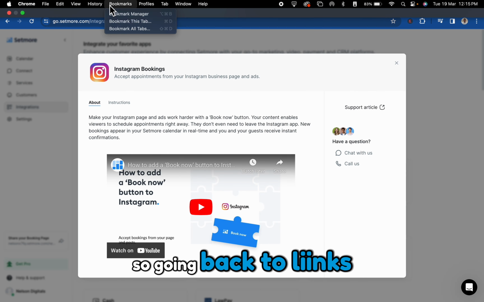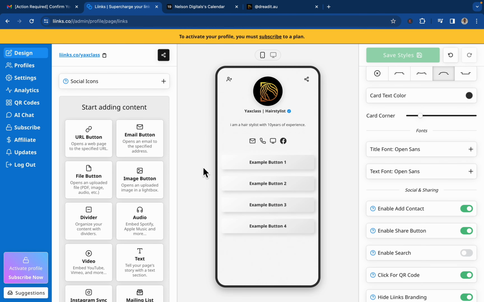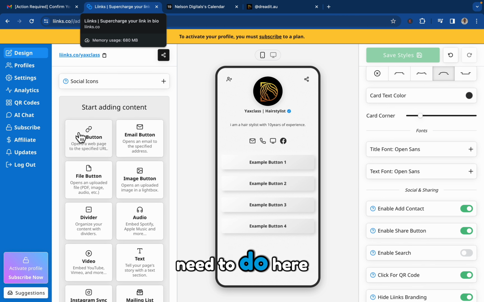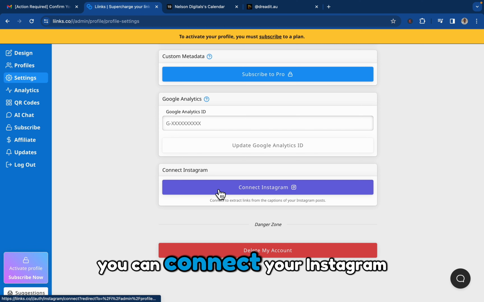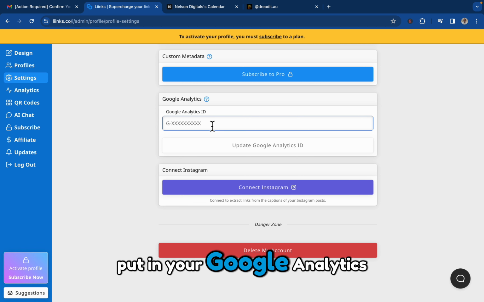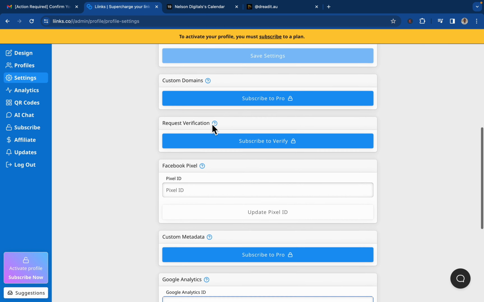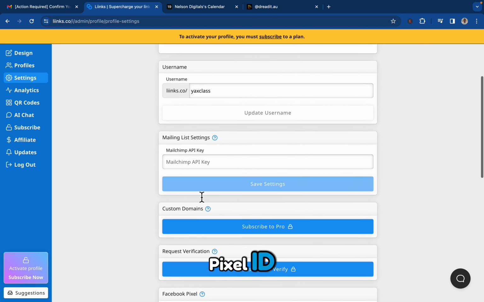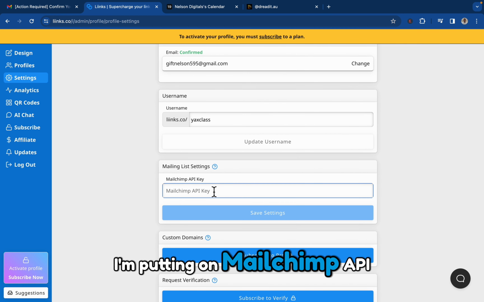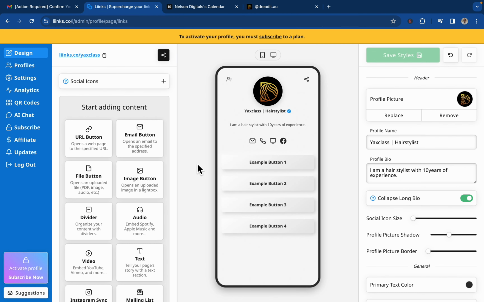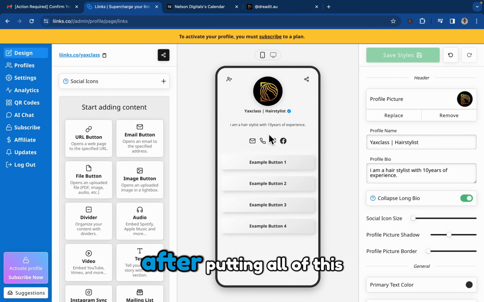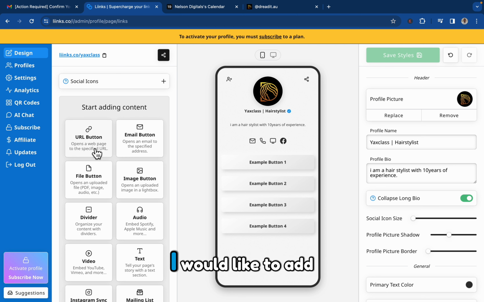So I'm just going to run us all through it. So going back to Links, and the first thing we need to do here, let me go over to settings and see. You can connect your Instagram profile, put in your Google Analytics, and put in your Facebook Pixel ID, and put in your Namecheap API code. And what else do we need? So now the first thing I would love to do is, after putting all of this, I would like to add